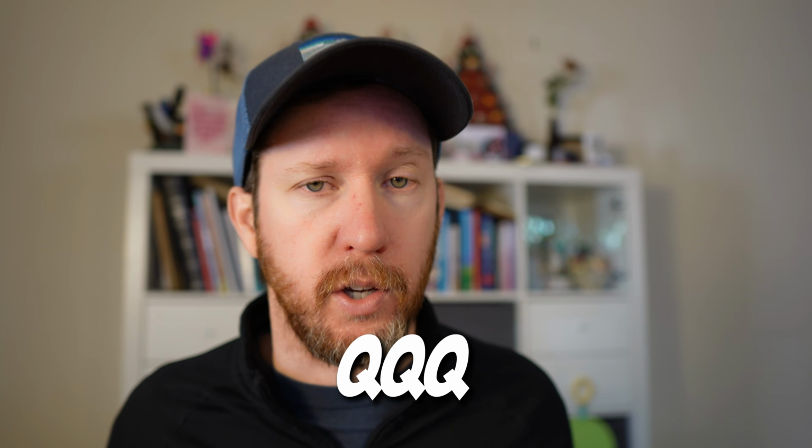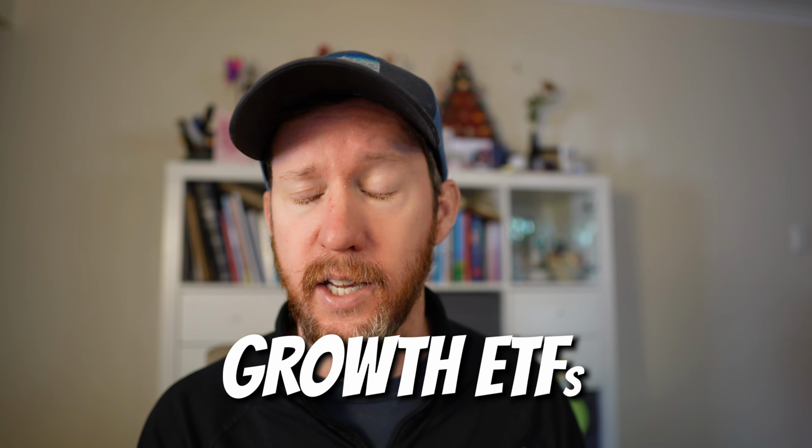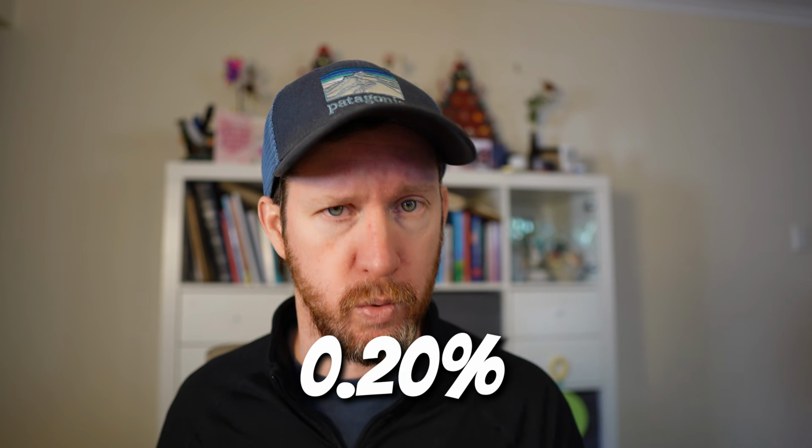And this is a reason that you may want to buy QQQ or QQQM, is because the fees are pretty low if you're comparing it to actively managed funds. If you compare it to other growth ETFs, like IYW, which is one of those great growth ETFs that are more expensive than QQQ, its expense ratio is sitting at 0.39%, and that's a little bit more expensive than QQQ, which is at 0.20%. So fees matter, and having low costs matter. So should you have QQQ or QQQM? Well, it's a thing about, do you want to pay less fees